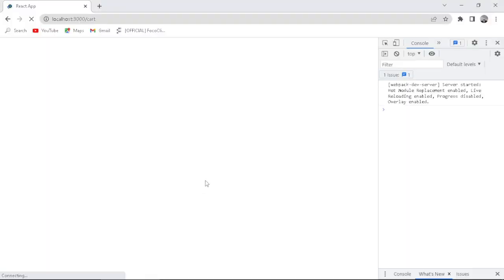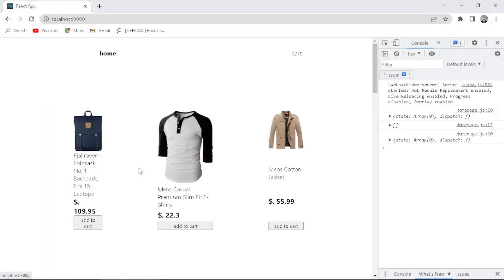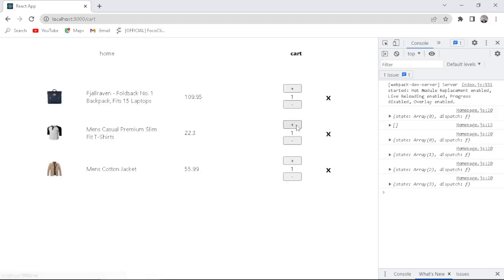So let's check if this is working out. Proceed back to the home page. Then let me just add 3 products. Go to the cart section. Increase. You can see everything is working. The next thing is to work on the reduction,